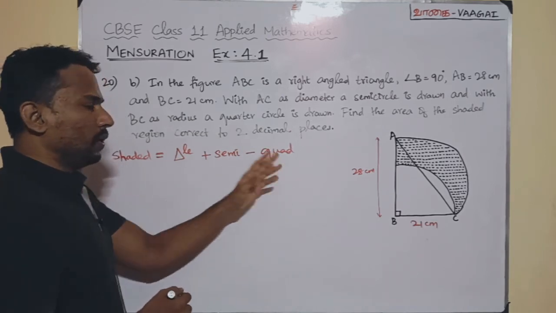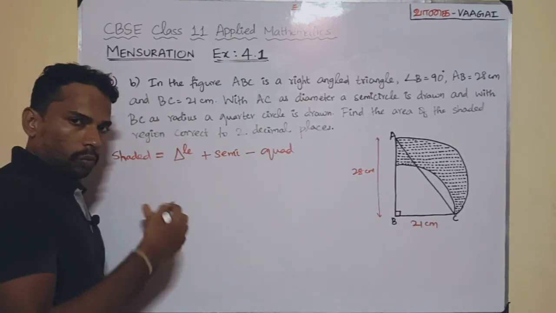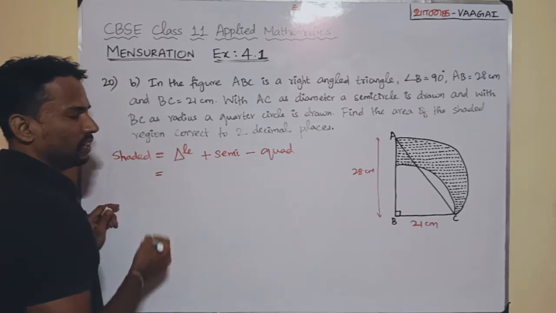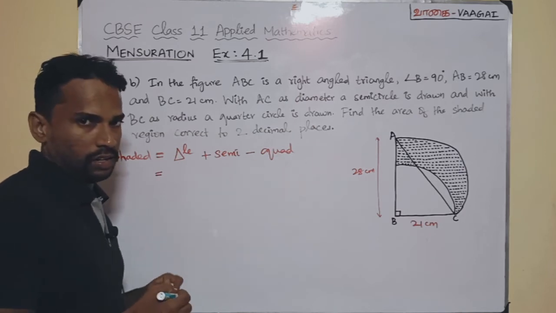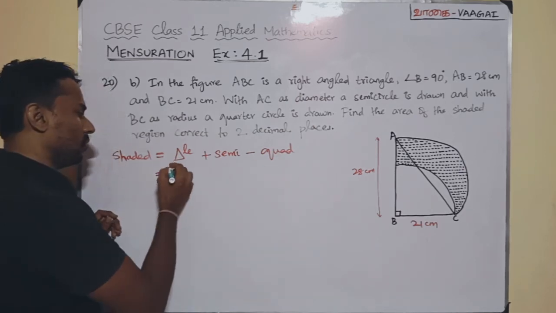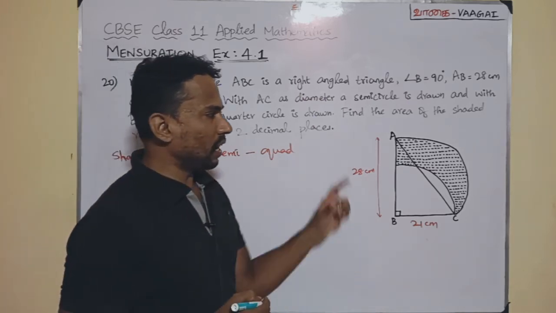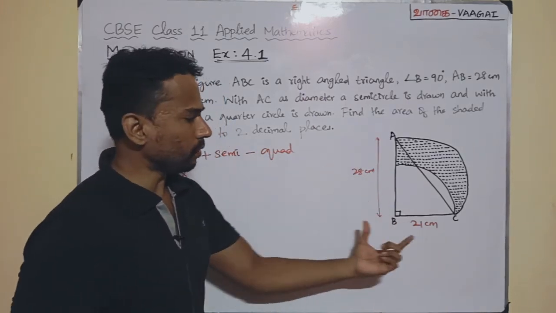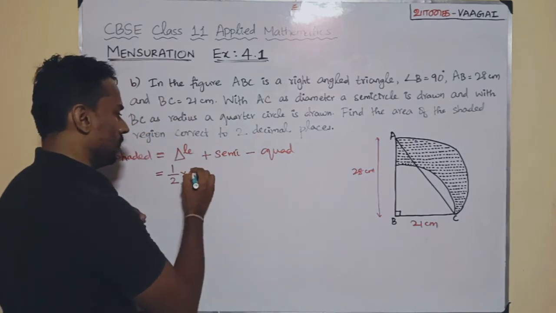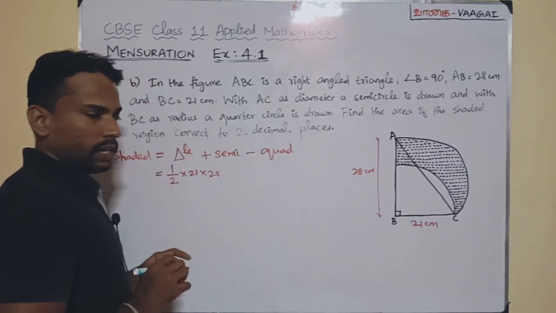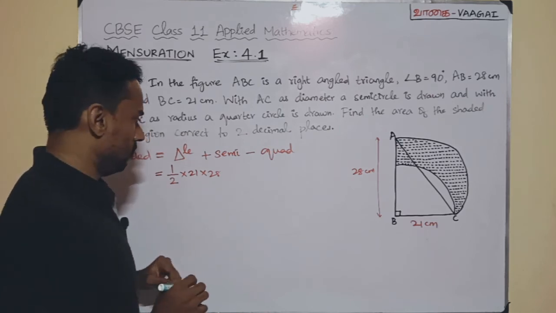Now let's carefully do the calculations one by one, because we know how to find the area of each of these portions. First, we'll start with the triangle. It's a right angle triangle. So for a right angle triangle, how do you find the area? As usual, we'll use the formula half into base into height. Base is 21, so 21 into height is 28. This will give you the area of this triangle, plus